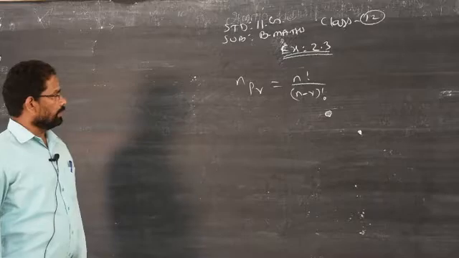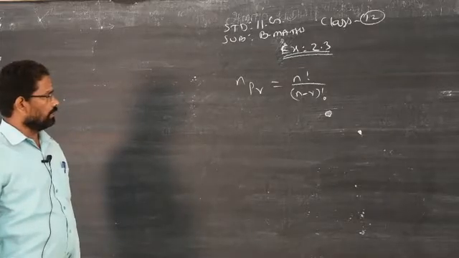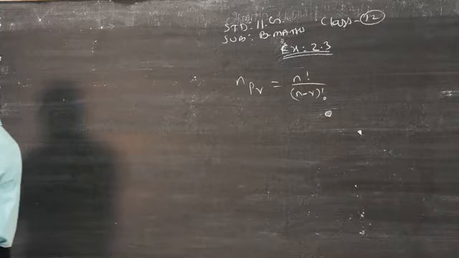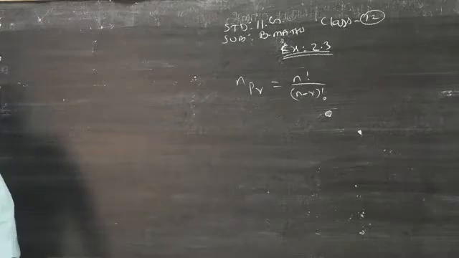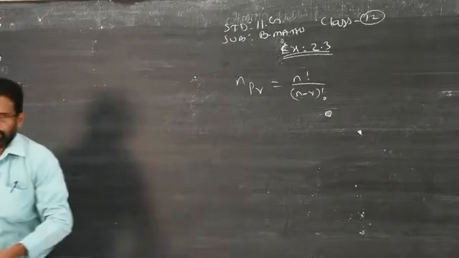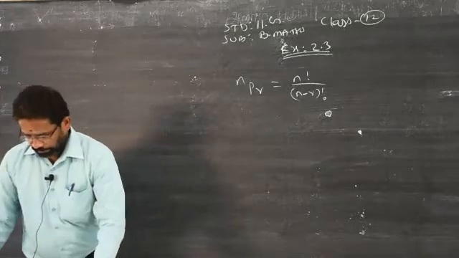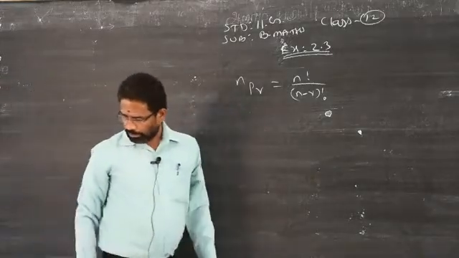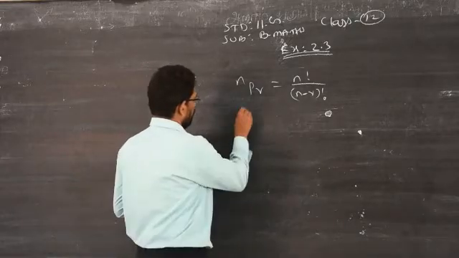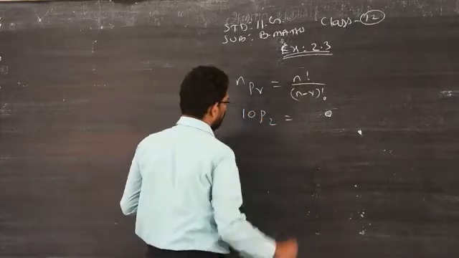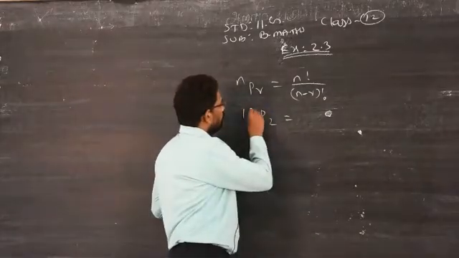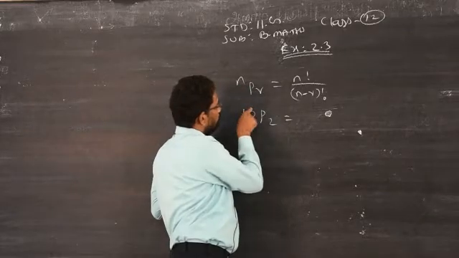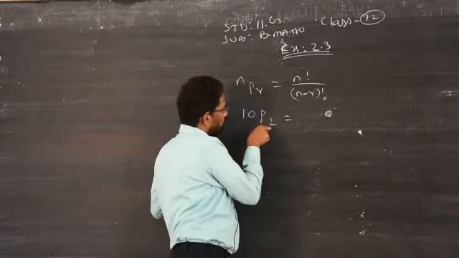Now permutation, nPr is equal to n factorial by n minus r factorial. A few formulas are there in the textbook itself, on page number 53. Refer to page number 53 and you will get some important formulas. Now for example, I take 10P2. How do you find the value of 10P2? That is 10 permutation with 2. n is 10, so in the place of n you write 10, and in the place of r you take 2.